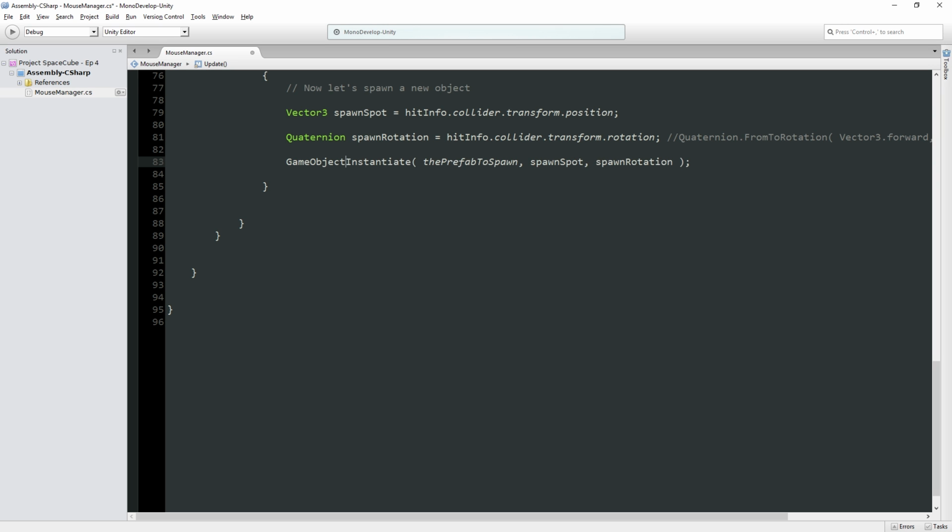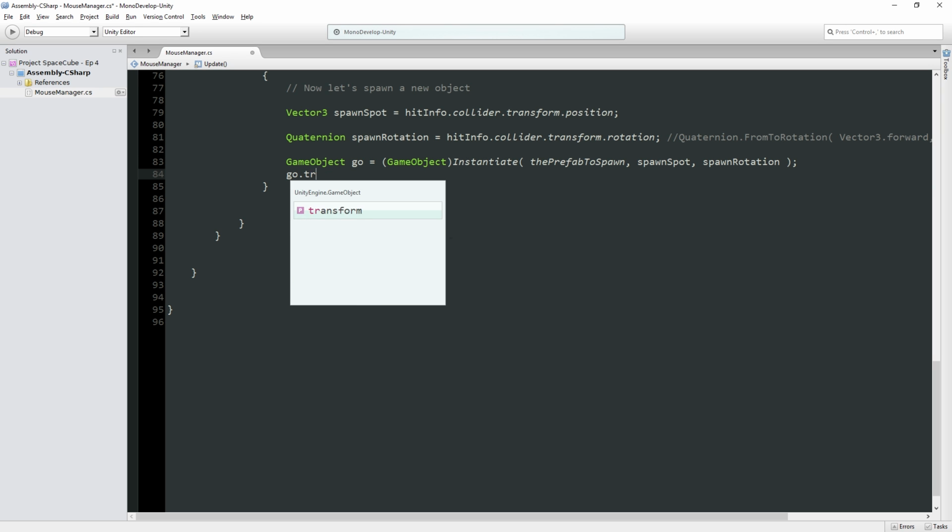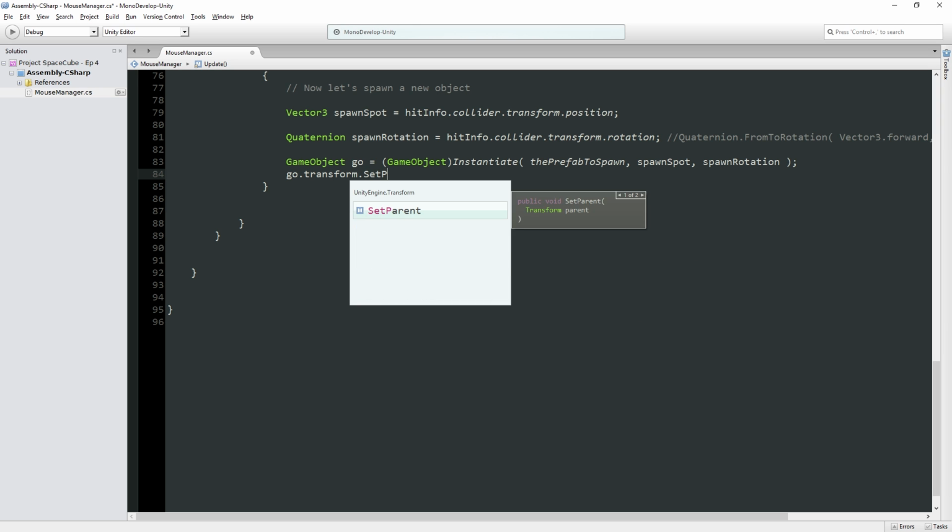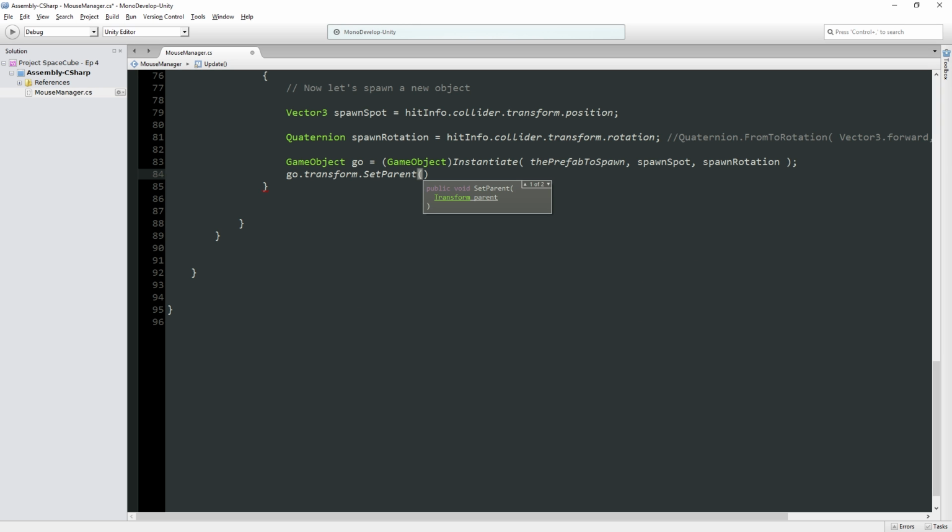then what we have to do is grab a copy of the instantiated game object, which will also require us to cast because instantiate returns just object as opposed to game object. So we've got to cast it to game object. And then we can say gameObject.transform.SetParent. And we're going to set the parent to be the hit info collider's transform, which is going to be the snap point's transform. And that was going to be really awkward before because of various things about how we'd structured